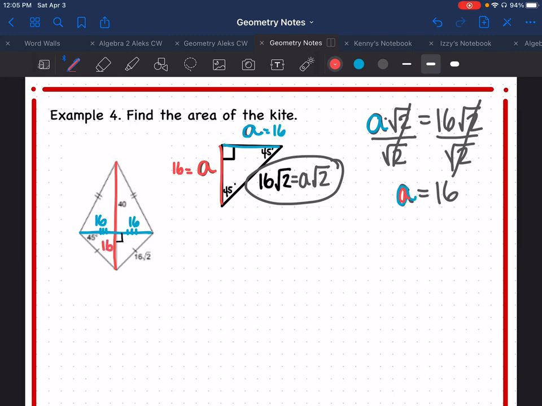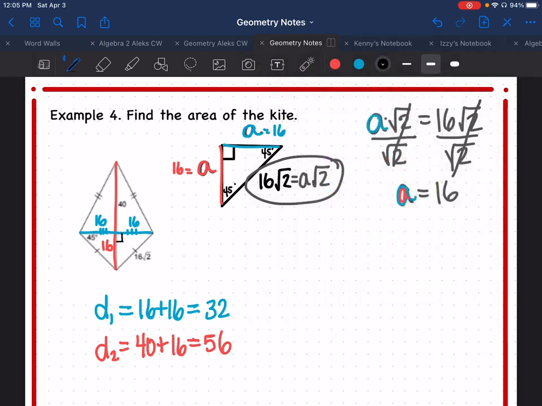All right, let's go ahead and find our diagonals. Let's do the blue one first because that's diagonal 1. 16 plus 16, 32. And diagonal 2 is going to be 40 plus the 16 that we just found, and that's going to be 56. Now I can go ahead and put this in my area formula,